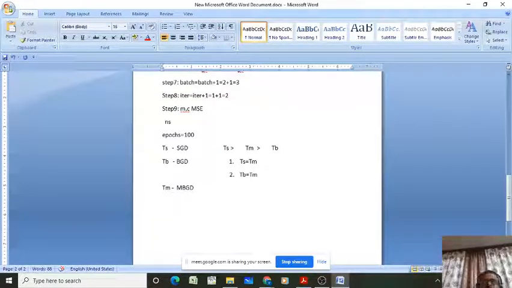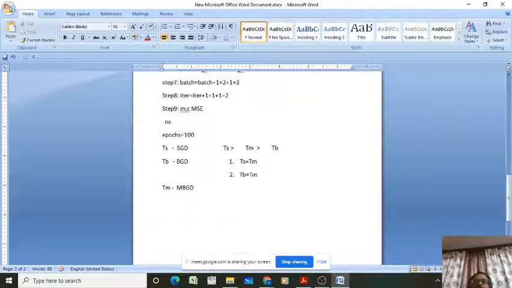That will happen in the stochastic gradient, because you are updating the parameter for each sample. And if someone asks in which algorithm very less frequent model parameter updates happen, then that is the batch gradient.